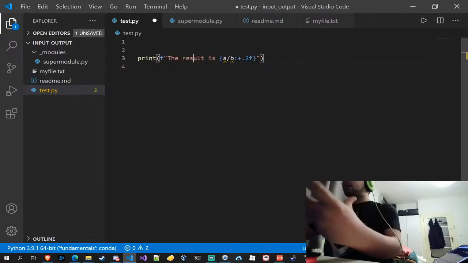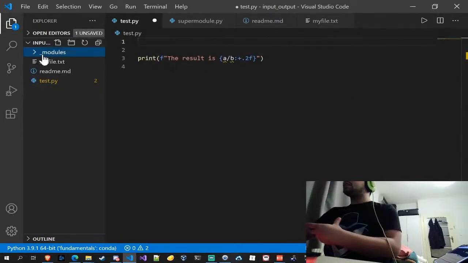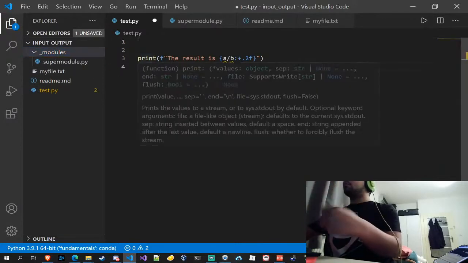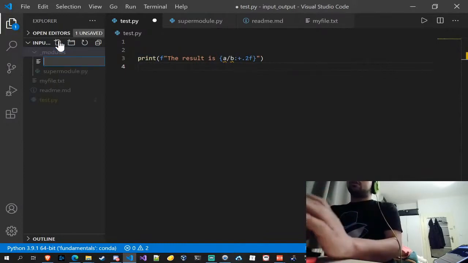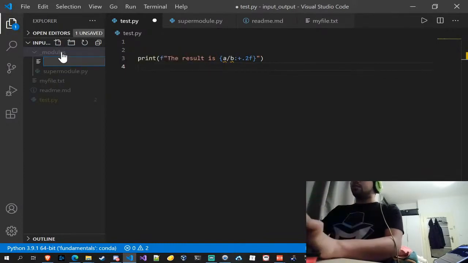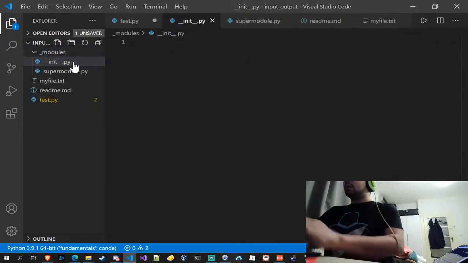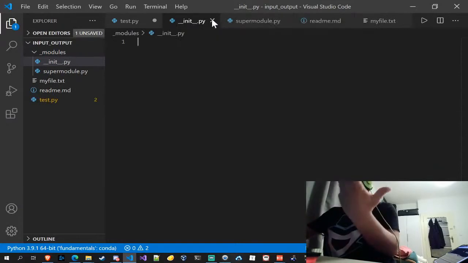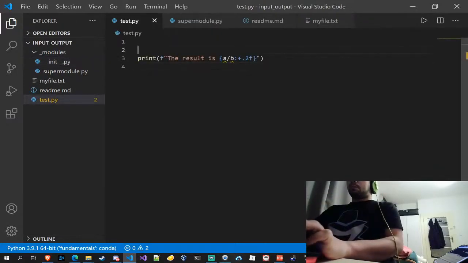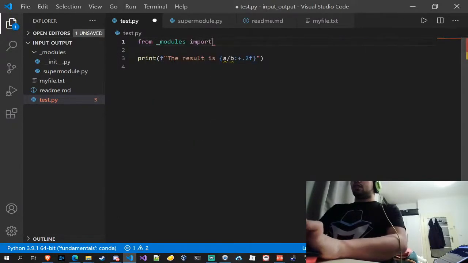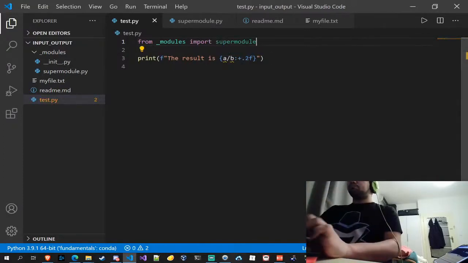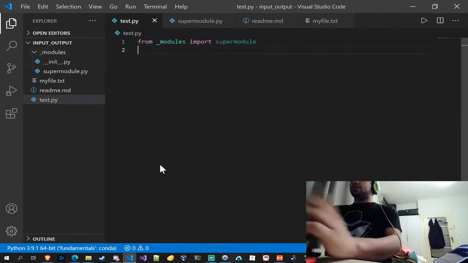Well, first of all, you have to add a special file inside this folder to tell Python that it can be called in as a module. And you add something called __init__.py. You don't have to put anything in this file, it just has to exist. Now, what you can do is you can do from modules import our SuperModule. And notice how it auto-completes already. Now, if we just do this and we run our file,